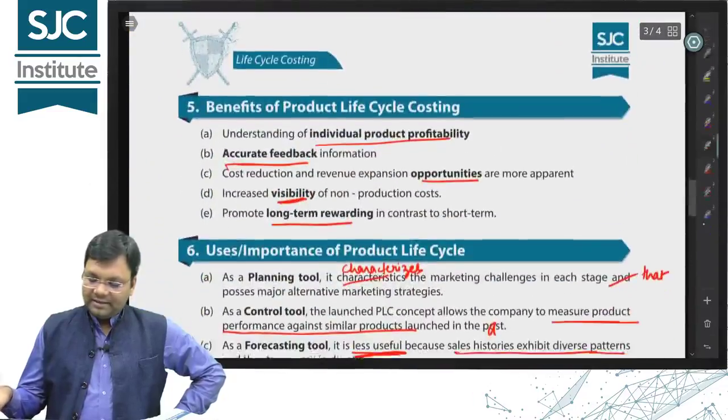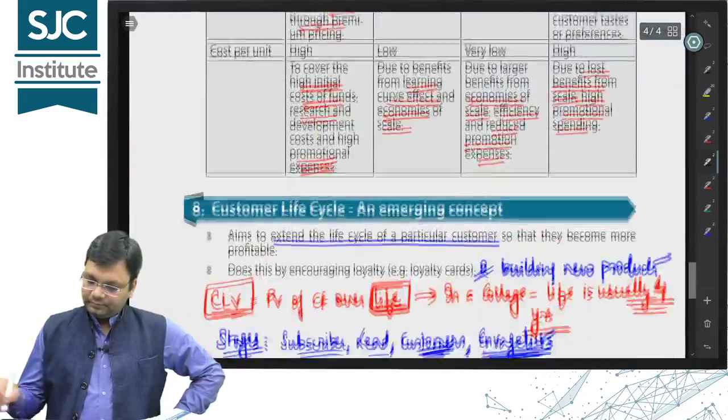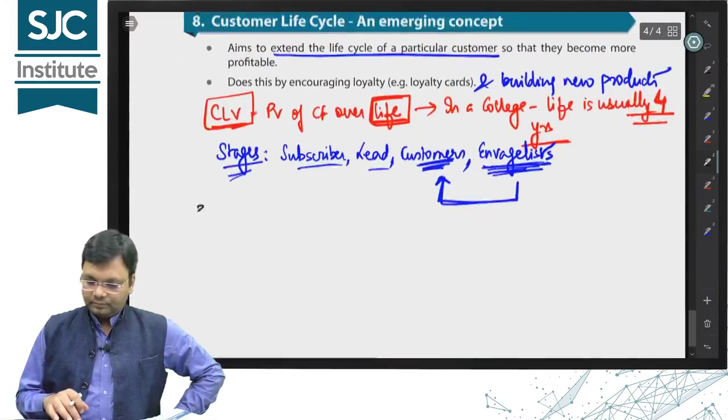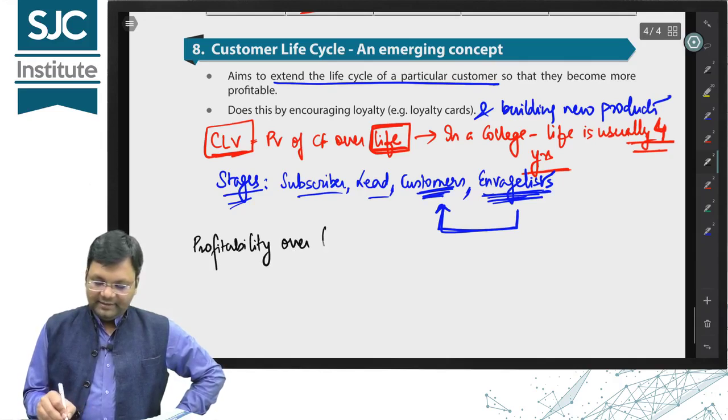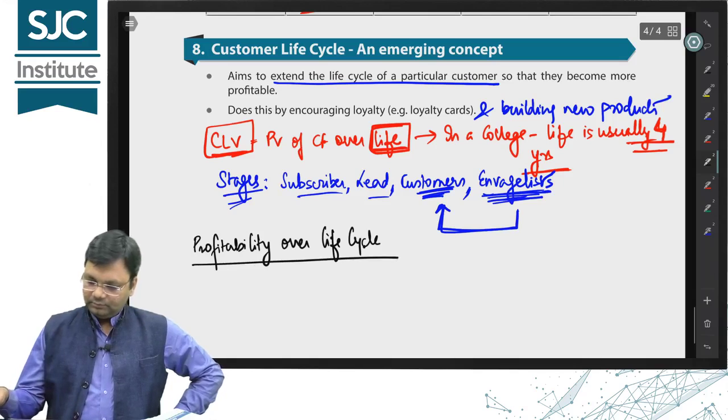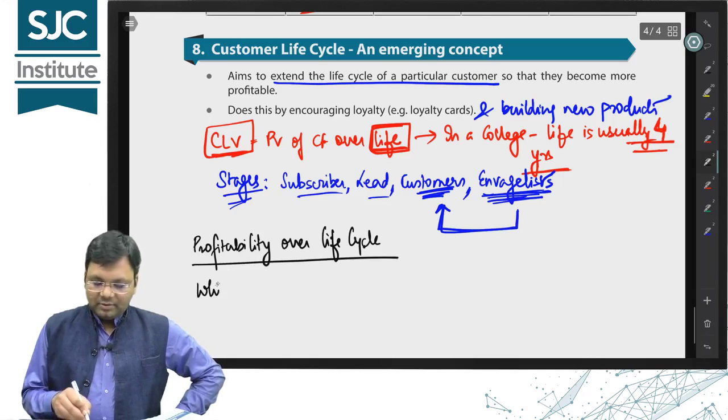I'll give you that here. Please take a note. Profitability over life cycle. While calculating this,